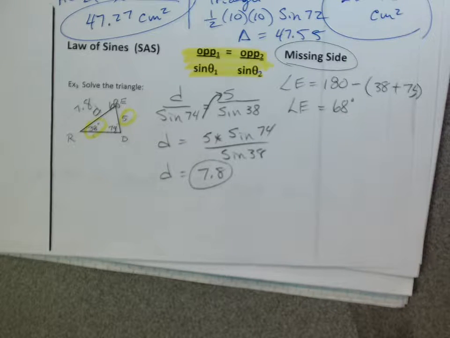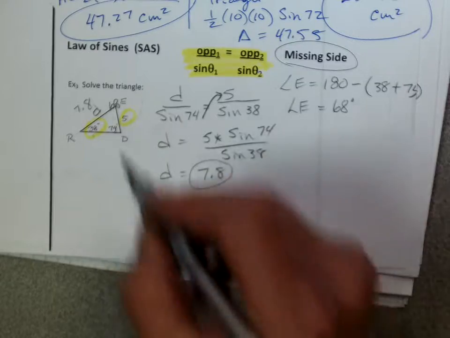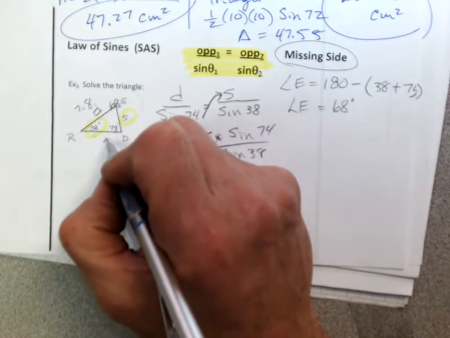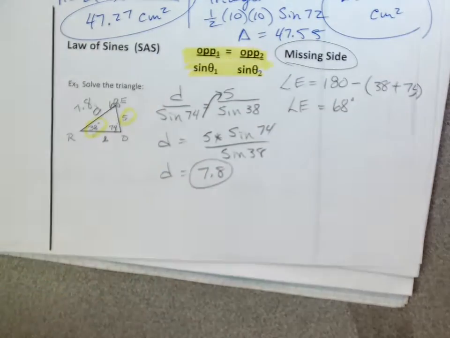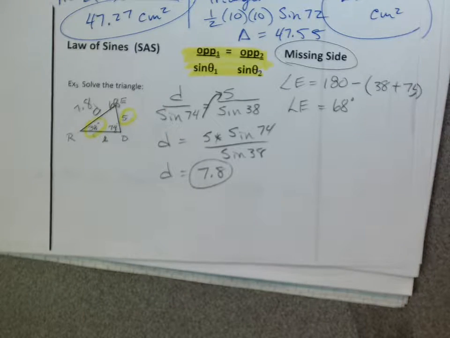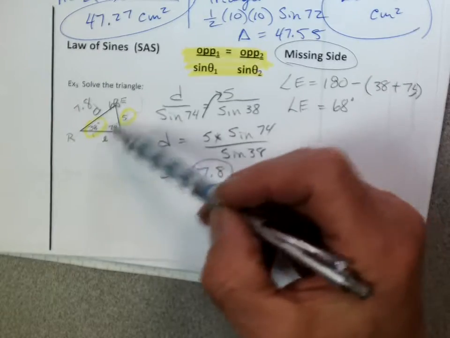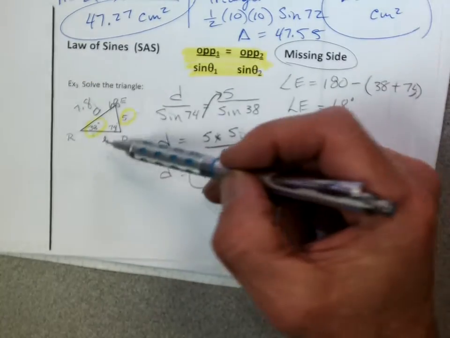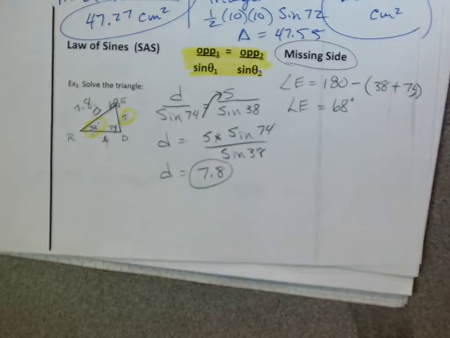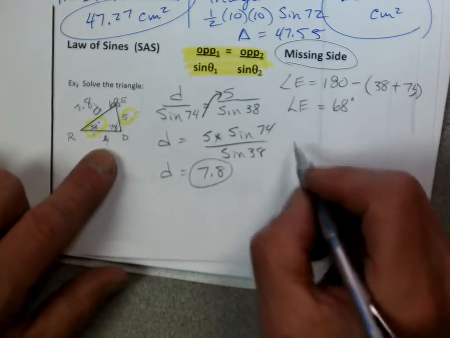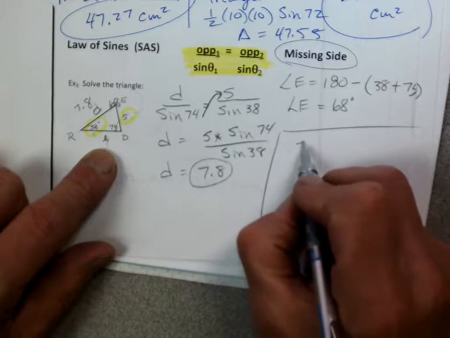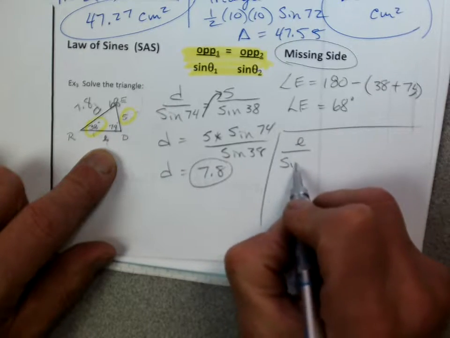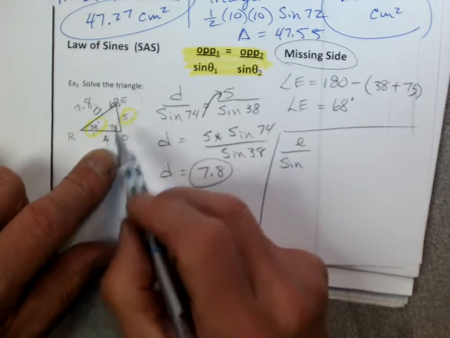So I added them up and subtracted from 180. All right, now I still need to find little e. But again, I have opposites. So if you have your opposites, you can do it. I have a pair of opposites here, and I'll use a pair of opposites here. Opposite, opposite. Write down what you don't know first. It's little e. So I'm going to write down little e over the sine of its angle, 68,